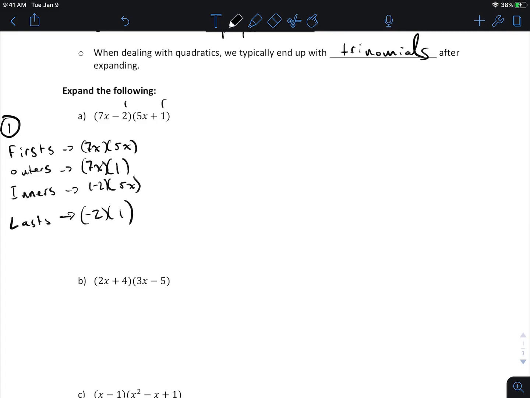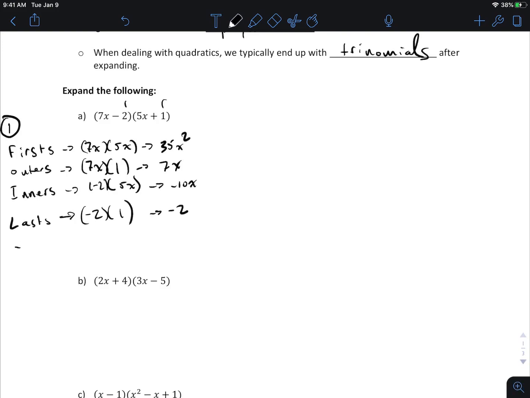Okay. And then so that's going to turn into 35x squared. That's going to turn into 7x. Right? This is going to turn into negative 10x. And this is going to turn into negative 2. Okay. And then your only job is to